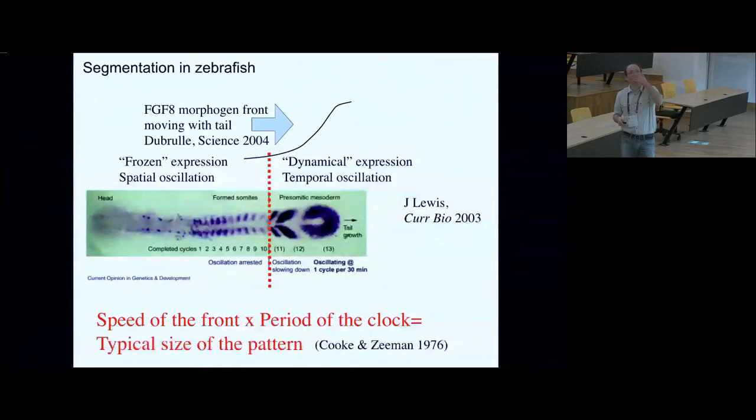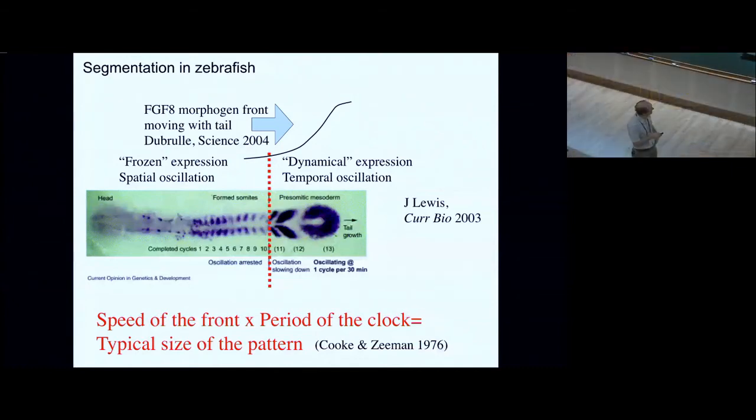And so, again, to insist on this, this is a zebrafish, and this is a gene called delta, which is also in the notch signaling pathway, that is stained. The good thing with the zebrafish is that you see delta is expressed in the tail and it's going to oscillate. Here it's at a given time, so you don't see the oscillation, but there is an oscillation of delta in the posterior. You have one cycle per 30 minutes at 37 degrees, sorry, not room temperature. It's slower at room temperature.